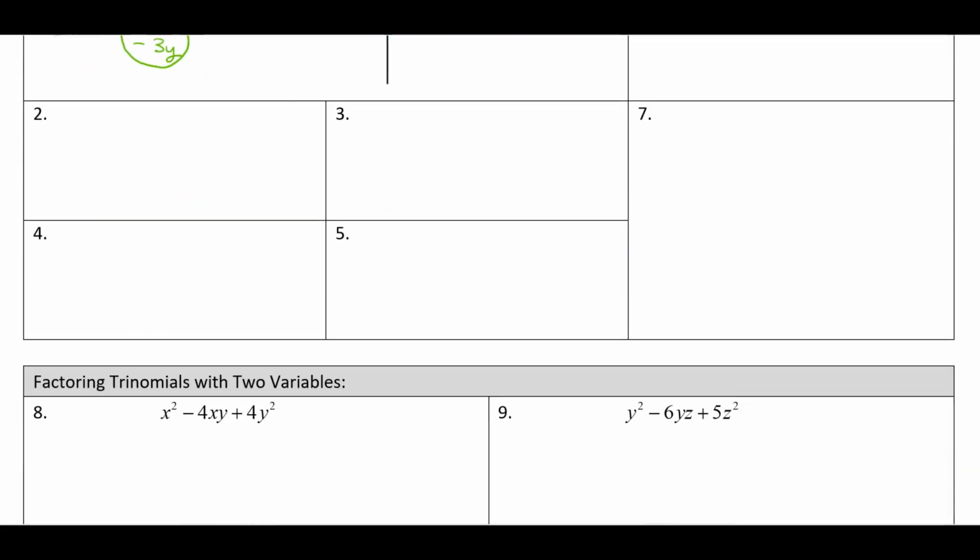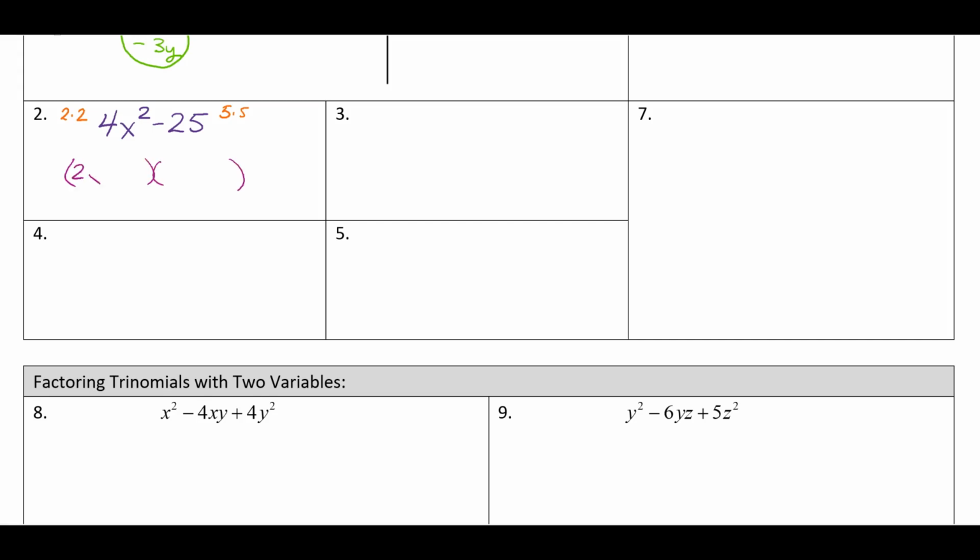So looking at number 2, we're going to factor a little more complicated expression, 4x squared minus 25. So we still start by looking for the greatest common factor. 4 and 25 have no common factors. But I know that 4 is a perfect square of 2 times 2, and 25 is a perfect square of 5 times 5. So this means that this is going to factor